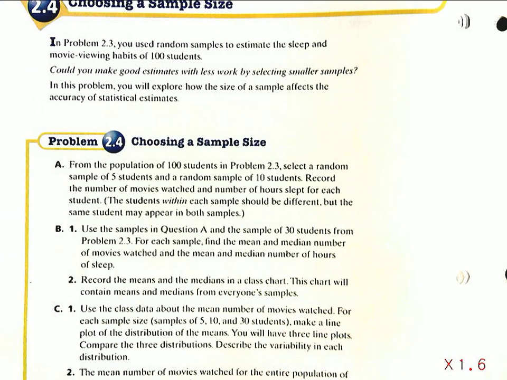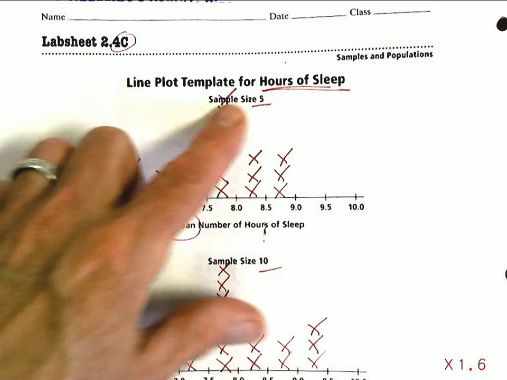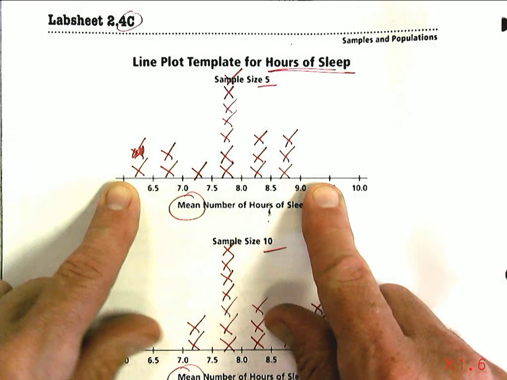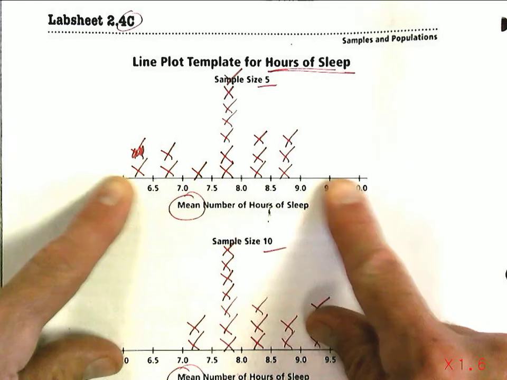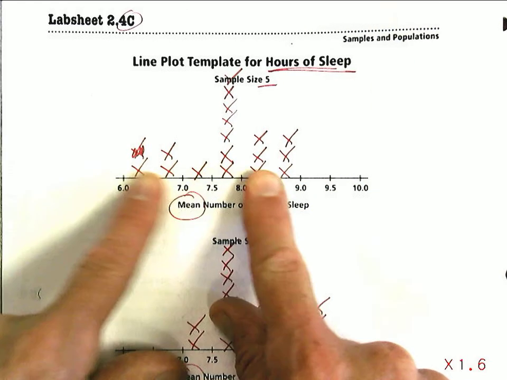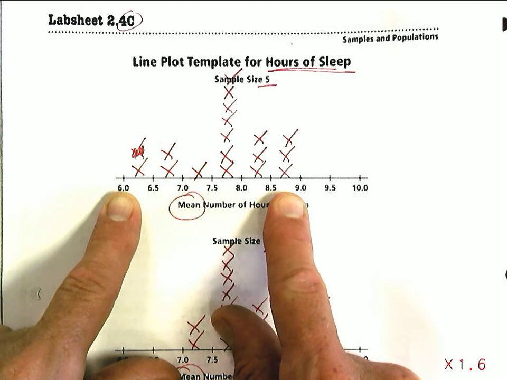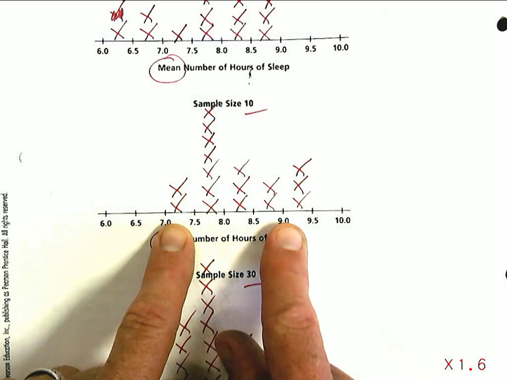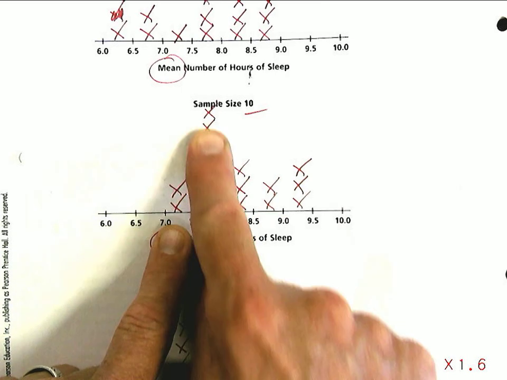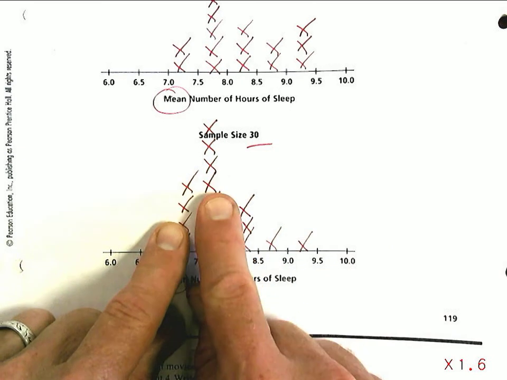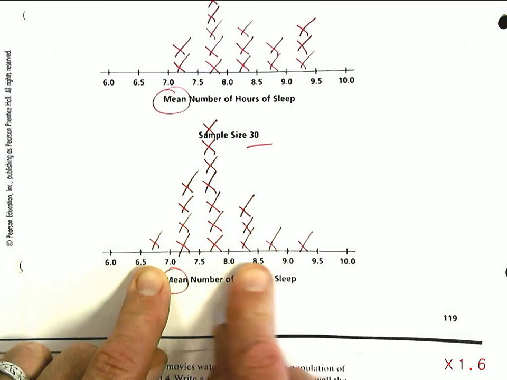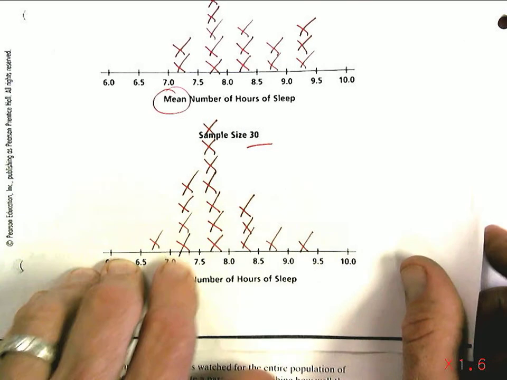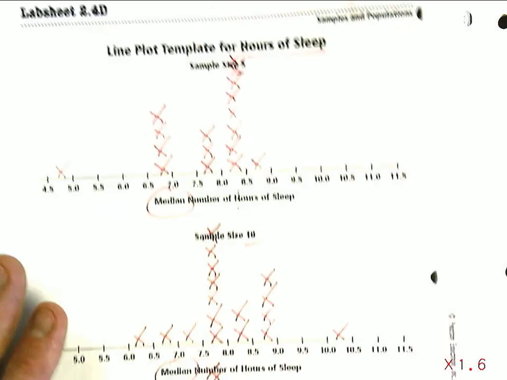If I look at the line plot for hours of sleep for the means, here's a sample size of 5. Notice how it's spread out. The distribution is spread all the way from 6 to 9, and with a sample size of 10, still 7 to 9, but bars in the middle begin to get taller and the bars on the end begin to diminish, and you're more likely with a larger sample size of 30 in this case,